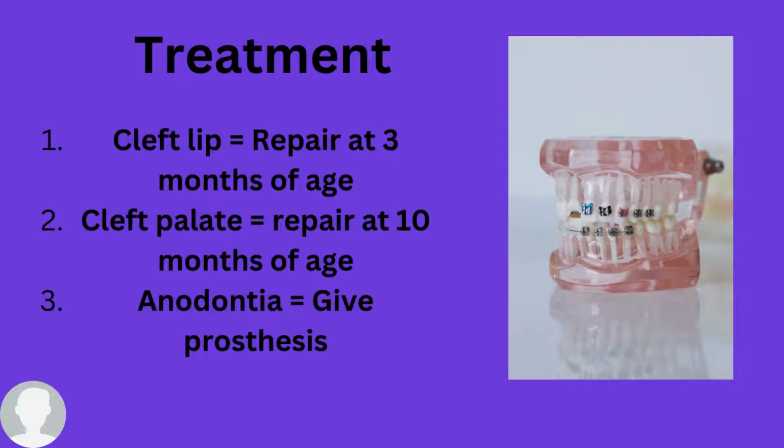For the anodontia, like any old patient who loses their teeth, what will we provide for them? We will provide a denture. Similarly, those patients have anodontia, which, as I said, can be either partial or complete. In either case, we will provide a denture for the patient in order to solve the problem of anodontia, just as for any old patient who does not have teeth. So simple as that.